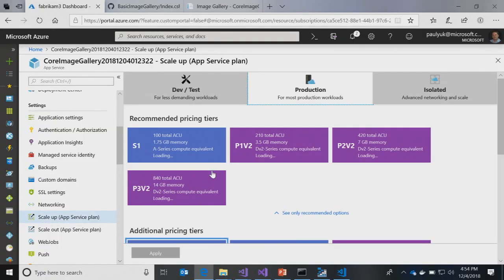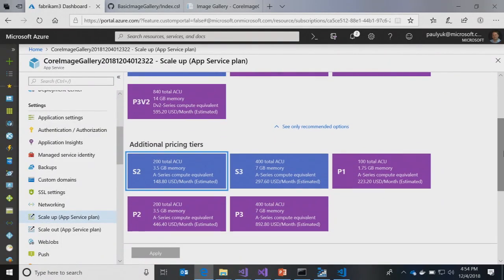Okay. So in this case, what did we pick, Andrew? I think it was an S2. S2, yep. Right, so we got 3.5 gigs of memory, a few CPUs. Okay, that's cool. But our guidance is always start with the minimum app service plan or scale that you need, and then try to scale out first. Try to use more instances, and then as you need to, scale up, and you'll get the best economics from doing it that way.